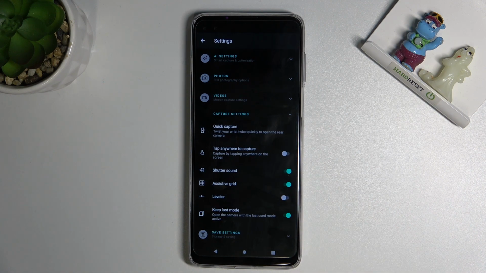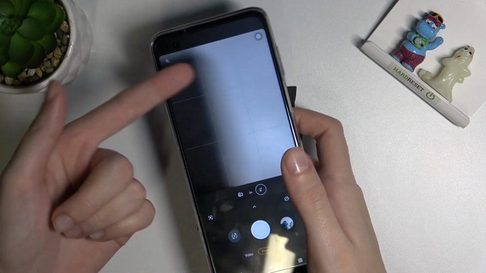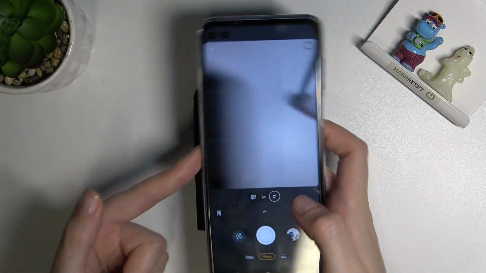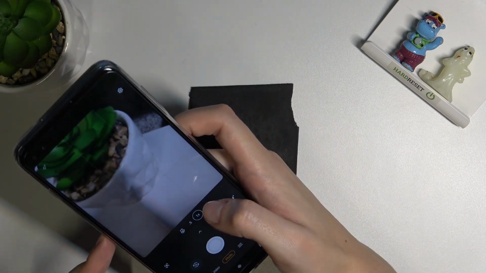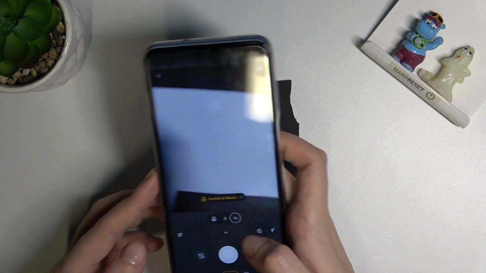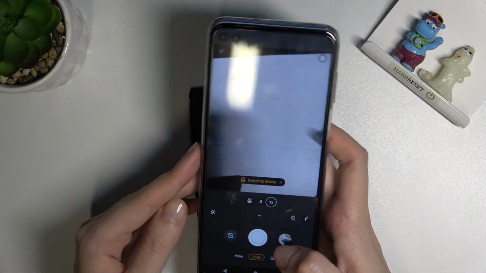Now let me keep them turned on. Let's move back to the camera, and here in the preview we can see them. They are useful, for example, when we want to use the rule of thirds in photography or make experiments with the composition of our picture. And of course remember that all of these lines are not visible in the real photo,